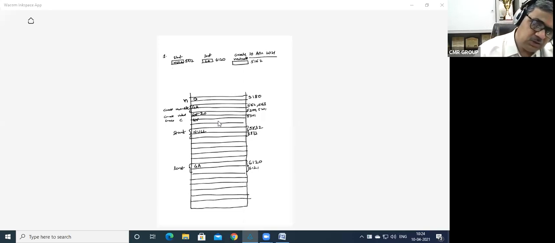Now this block may be created anywhere. For example, assume that the block got created at this particular place with 6200 as the base address. This is the block which got created, right? What is going to be stored in new node now? Tell me. Instead of the garbage address, it stores 6200.